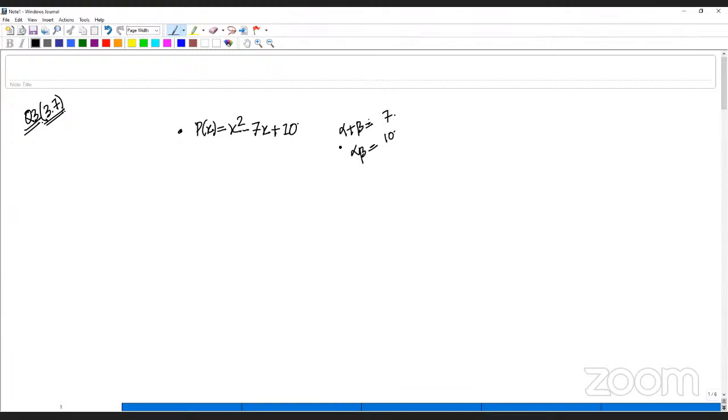Okay, so what is the sum of the roots? Minus 7. What is alpha plus beta? Just now we have computed, right? Minus b by a. Okay, so if I apply this over here, then what will I get? Alpha plus beta is